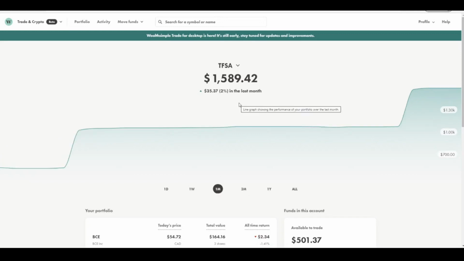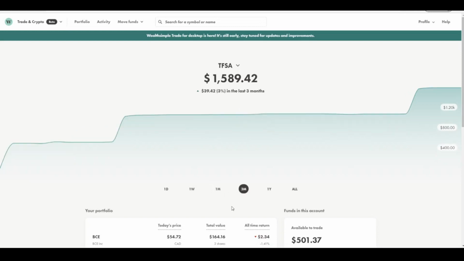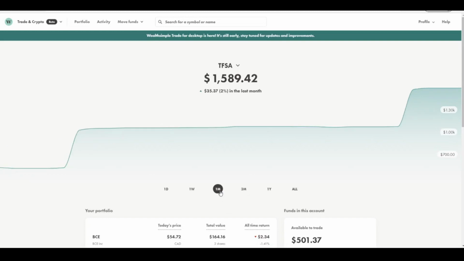This is because I invested in a couple of stocks in the last weeks of January, and those stocks are doing really good now, and that's why there is a slight 1% increase when I compare a month and a 3 month. But even for a month, 2%, which is $35.37 for a $1,050 investment, is a